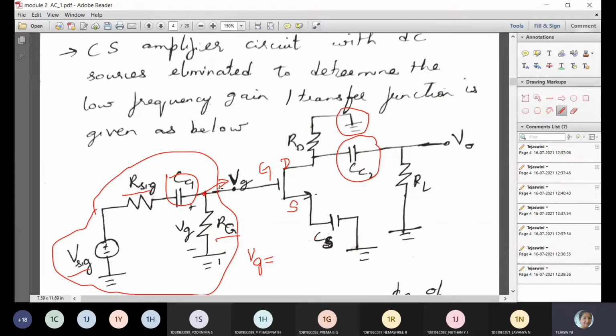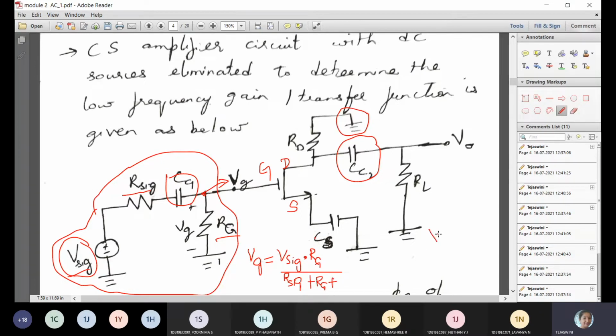Vg is this node. Vg is equal to, what is the supply voltage here? The supply voltage is V signal into RG, divided by R signal plus RG. Not only R signal plus RG; you need to find the reactance of the capacitance. What is the formula for that? R signal plus RG